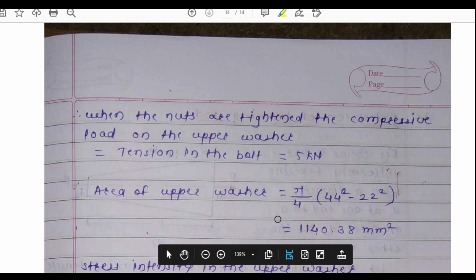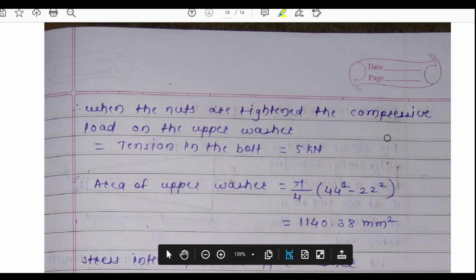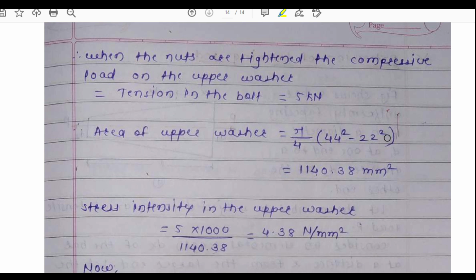Okay, the first question is over. Then when the nuts are tightened, अभी क्या होगा, उन्होंने क्या बोला था फर्स्ट पे नट्स टाइट किए नहीं है, अभी नट्स उन्होंने क्या किए हैं टाइट किए हैं, और वो टाइट करने के वजह से 5 किलो न्यूटन का जो टेंसाइल फोर्स है बोल्ट की वजह से वो ऐड हो रहा है. ओके, अभी यहाँ पे टेंशन फोर्स कितना हुआ 5 किलो न्यूटन का टेंशन फोर्स हुआ. तो अपर वॉशर का एरिया कितना है, अभी लोअर वॉशर का 50 माइनस 22 था, यहाँ पे अपर वॉशर के लिए उन्होंने दिया है कि